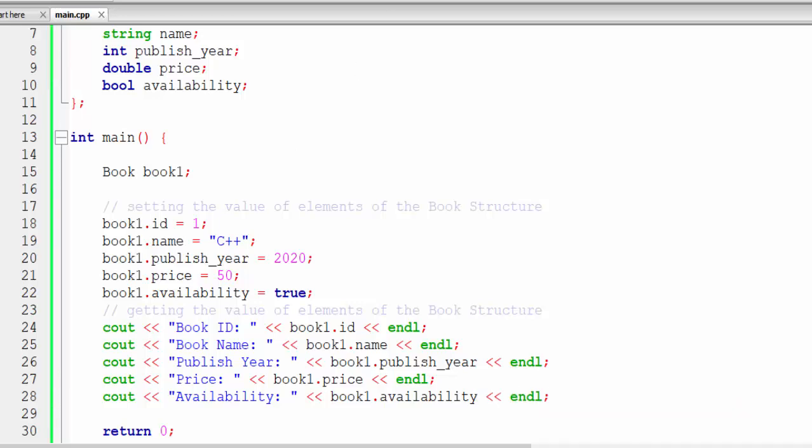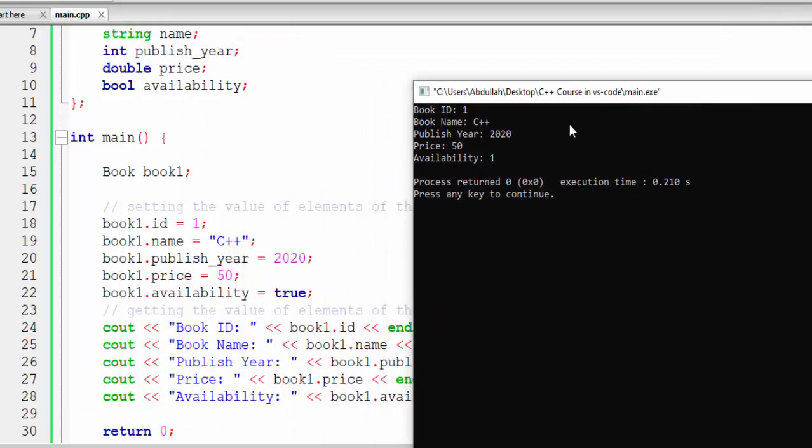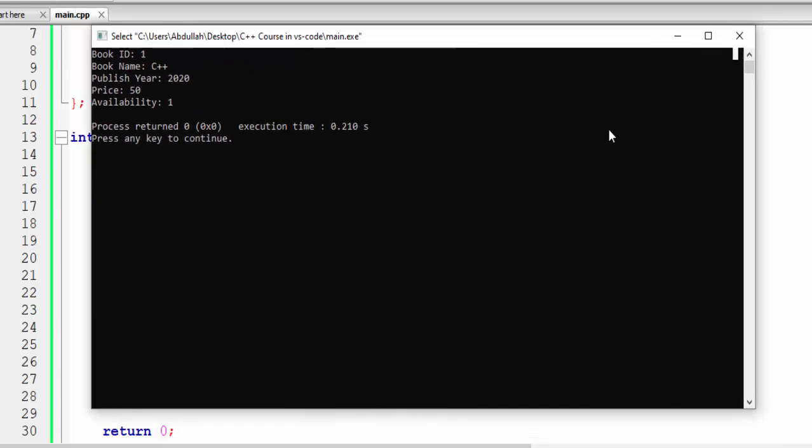And if we run this program, you will see the data in a good manner. So you see book1: book ID is 1 as we stated, book name is C++, published year is 2020, price is $50, and availability is 1, because in C++ they use 0 for false and 1 for true. So if you want to set the availability,